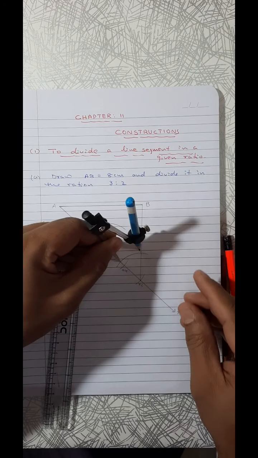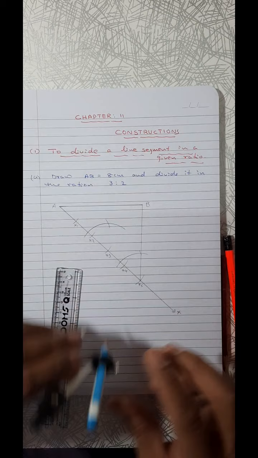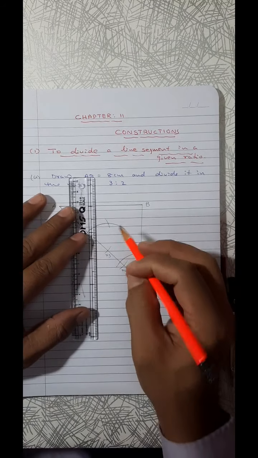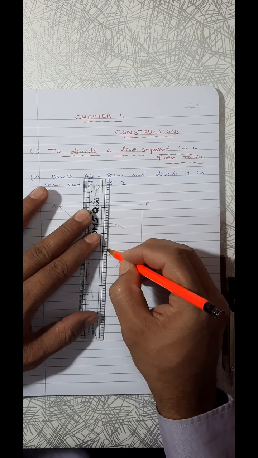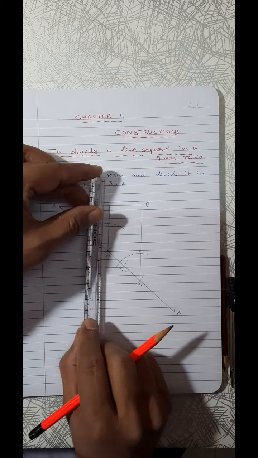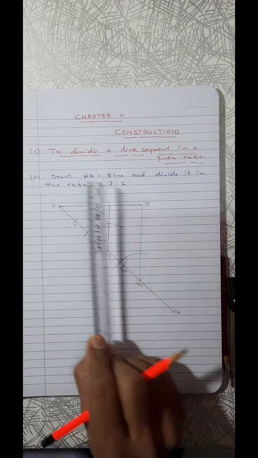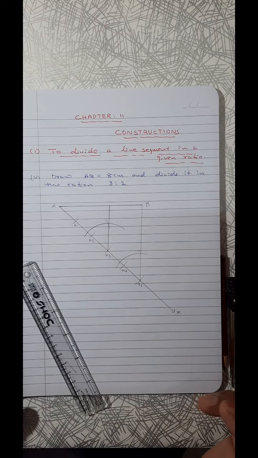Measurement is taken. This measurement I will draw from here. Mark it from there. That is going to be a parallel line. Surely it will be parallel to this one. Before drawing itself we can check it. From X3 we are drawing. This is going to be parallel. If it is not parallel, that means there is some mistake, some problem.